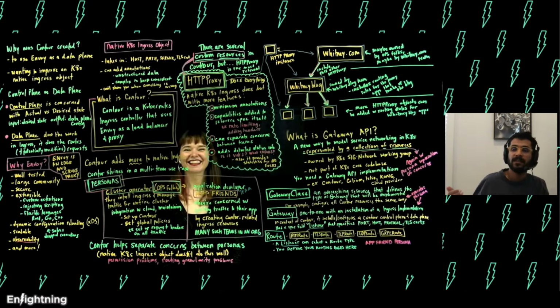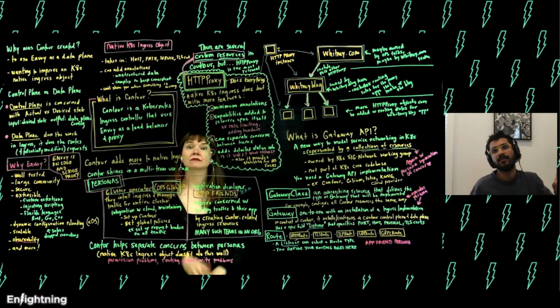At the moment, there is a tool owned by SIG Network in the Kubernetes SIGs organization called Ingress to Gateway, which tries to convert Ingress objects to Gateway API objects. So that migration path is something we've got to think about. And similarly, as you said, for Contour to Gateway API, that's another migration path. So definitely active thinking about that.